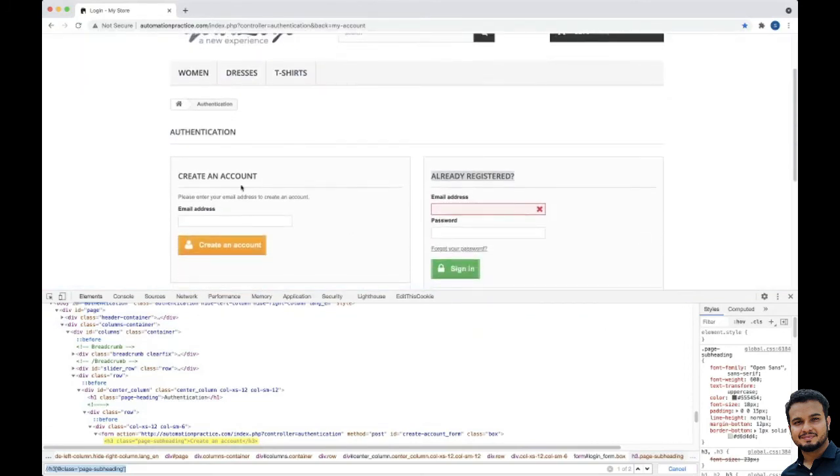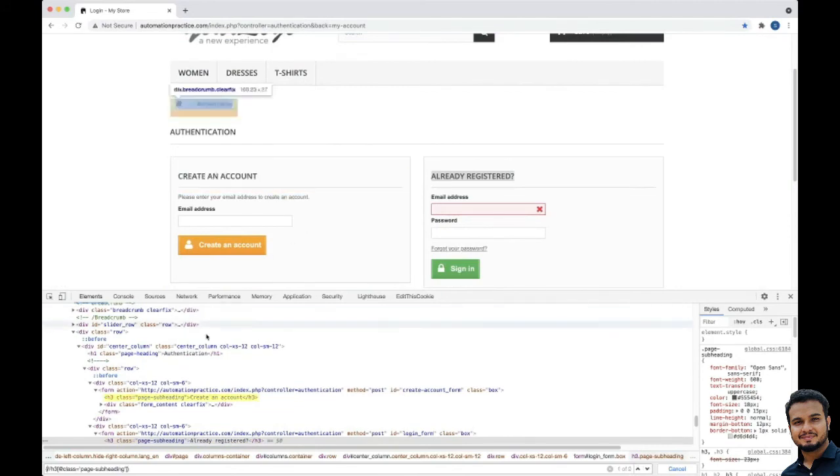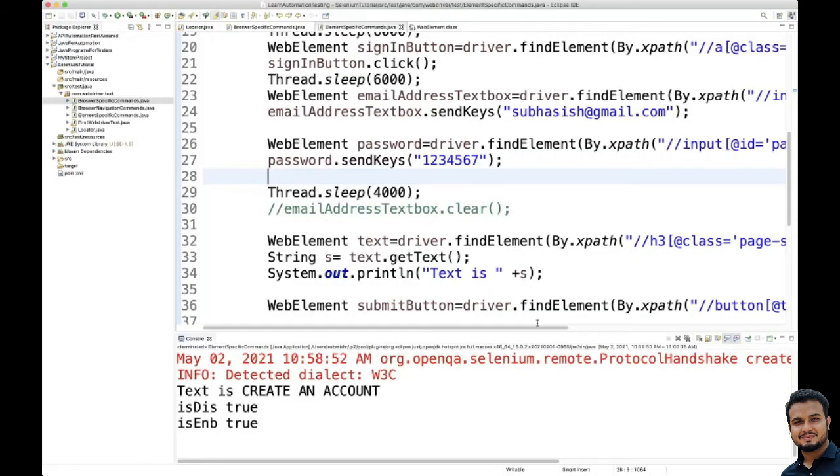Why did we get that? Because it was matching two things. Our XPath was wrong, it took this one. If I use an index and the correct XPath, something like this, 2, see, now it is identifying this.